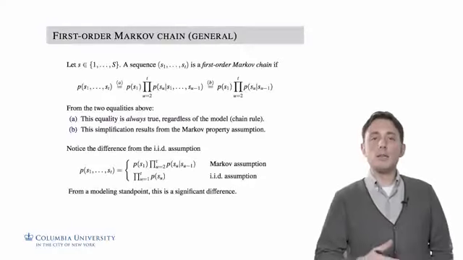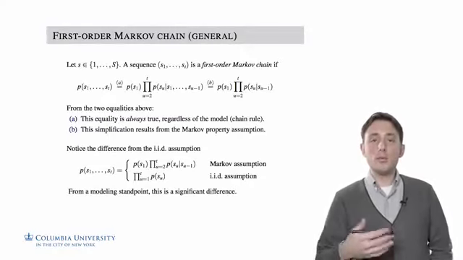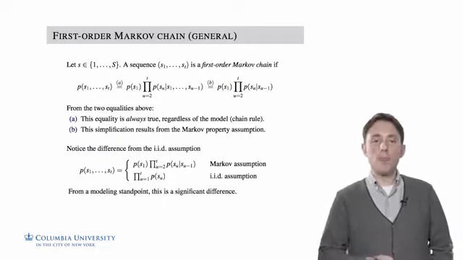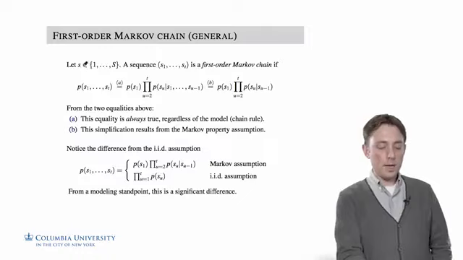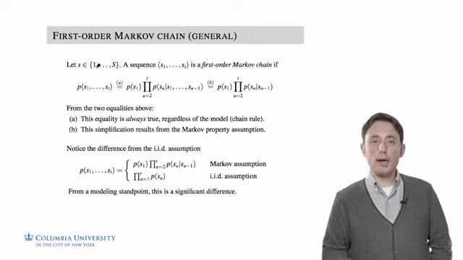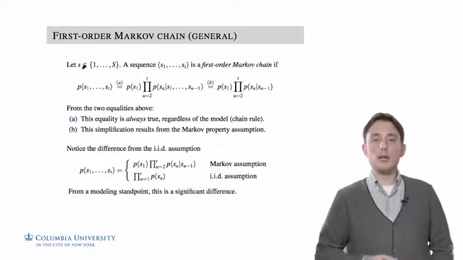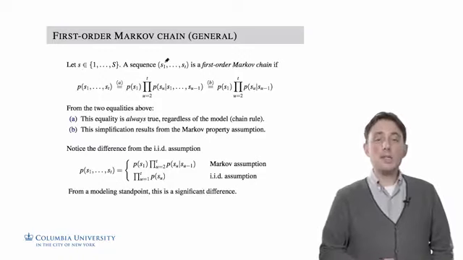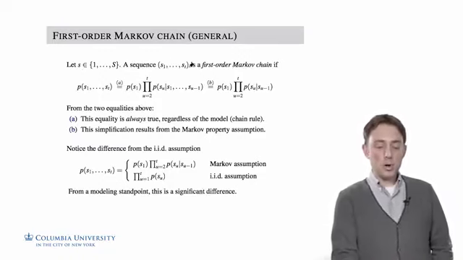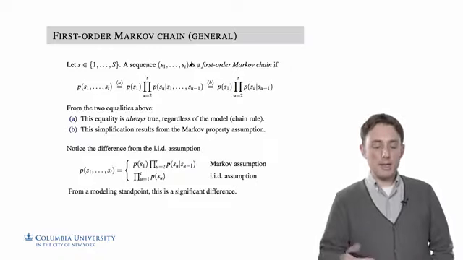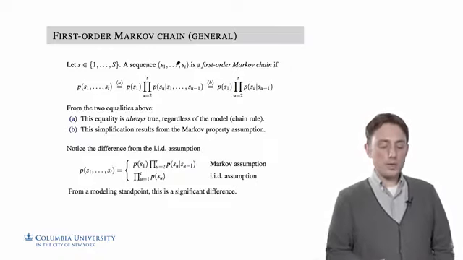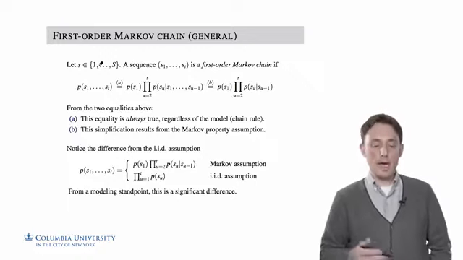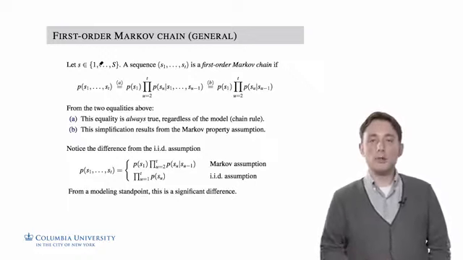So now we've defined the latent variable for a Markov chain, which is a sequence of states, S1 through ST. A state S is a value between 1 and capital S, which is an index of the finite number of potential states that we can be in at any given time. And a sequence of these states, S1 through ST, a sequence of length t where each entry in this t-dimensional vector is a number between 1 and capital S, is called a first-order Markov chain if